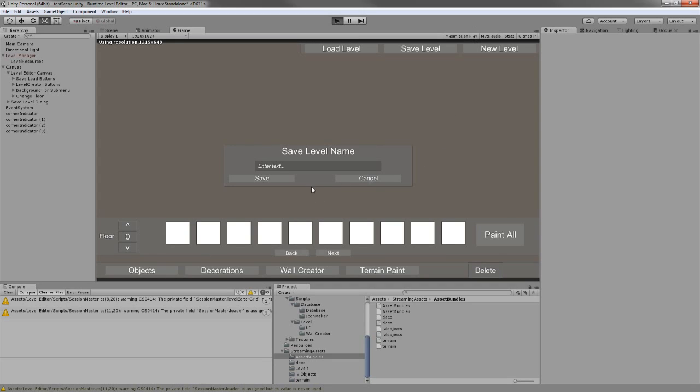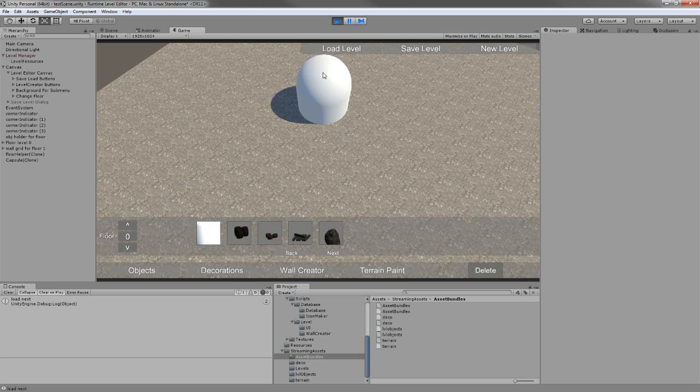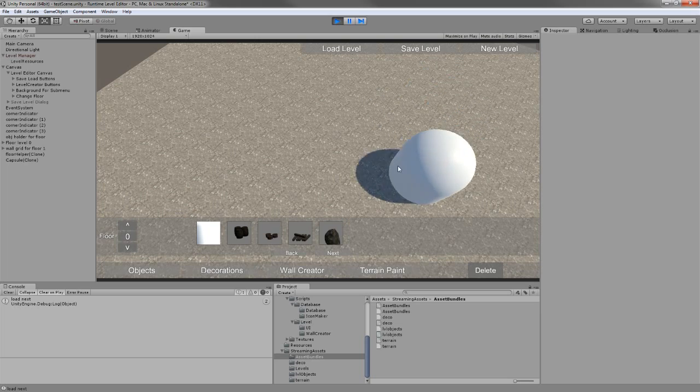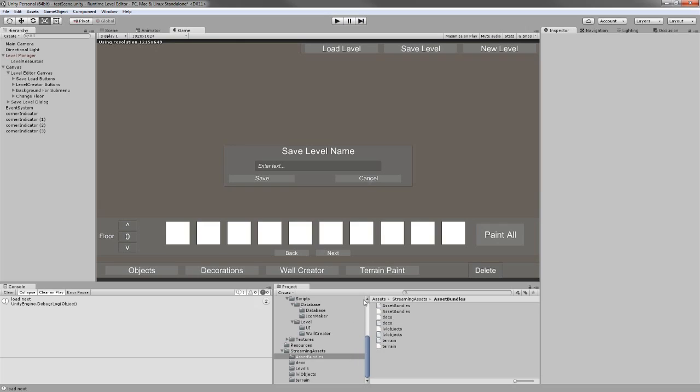We do not need to maximize. Hit objects, and you will see that the icon is like this because the capsule was too big and it was pretty close to the camera, but you see that I have a new icon, a new object, and I can now also add it like this. So to add new objects, you saw how this thing was so simple and so easy to do. Same for the materials,